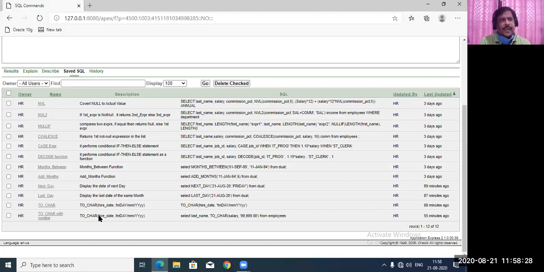Sometimes you will have a character to number conversion. Suppose you have a string value you want to convert into a number. That can also be processed by the internal server. It can convert it. Now the problem is what we can do and what we cannot do.